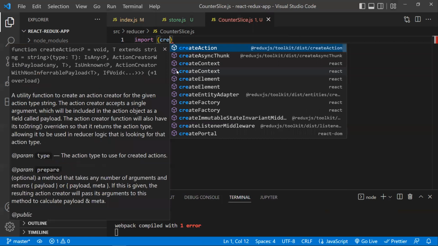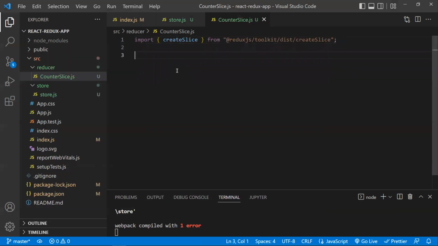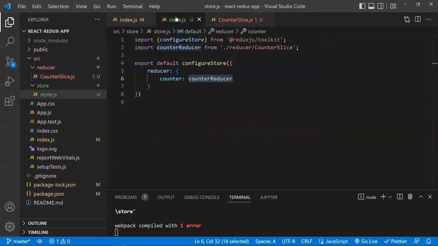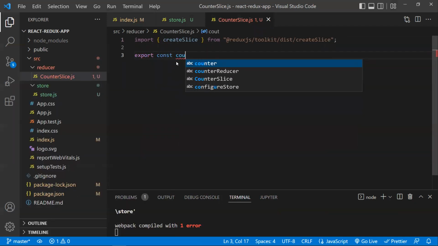So this is a piece of reducer. Okay, so that's the reason it was named like this. Right now, let me export. As here we are using our count reducer, I need to export this count reducer. Clear? Now I am going to export constant counter